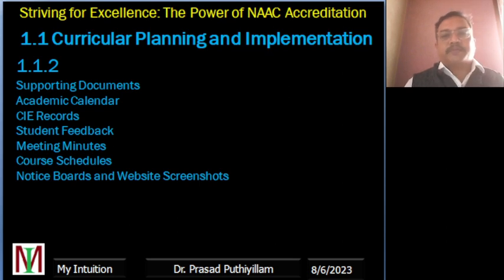Then notice board and website screenshot. Every institution can provide these, or the criteria one head has to monitor and collect from time to time that these items are displayed properly to the students. In the notice board, if it is displayed, it's a photograph, geotagged photos, or screenshots if it is displayed on the institution website. All this we can document under this part. Then comes